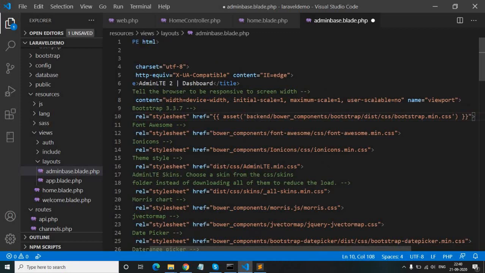Okay guys, so this is our correct syntax for calling any CSS file. So we will change all the CSS URLs like this.